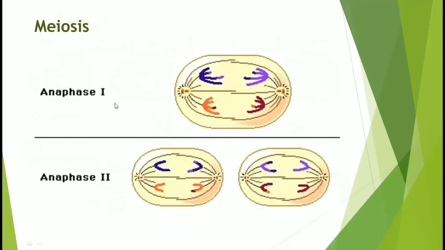Then you learn about meiosis. Meiosis has anaphase 1 and anaphase 2. Meiosis goes completely through two stages, meiosis 1 and meiosis 2. Then there is crossing over between the homologous chromosomes, and therefore the homologous chromosomes, not sister chromatids, are divided into two groups. In these groups, haploid cells are formed.